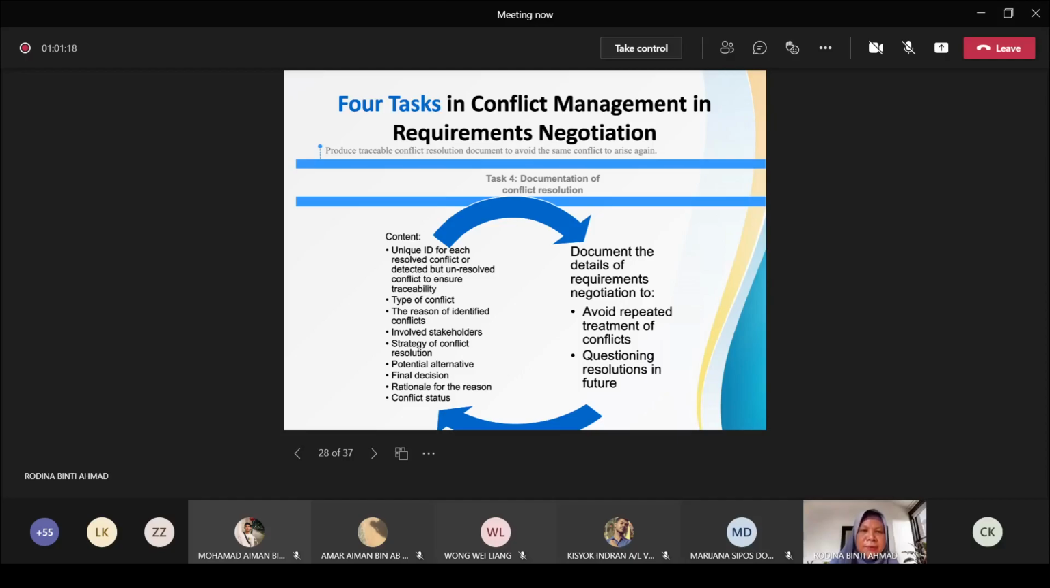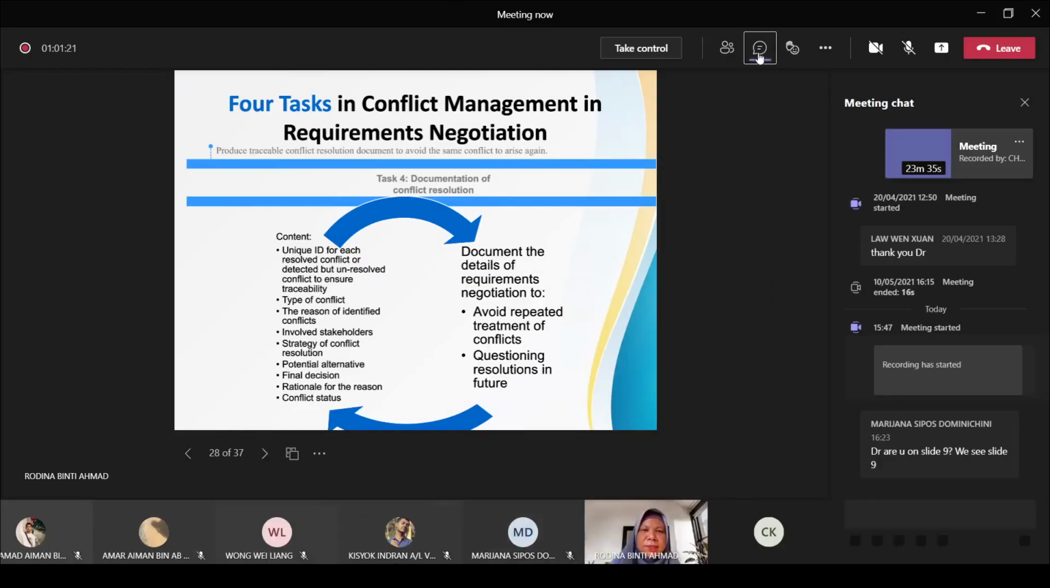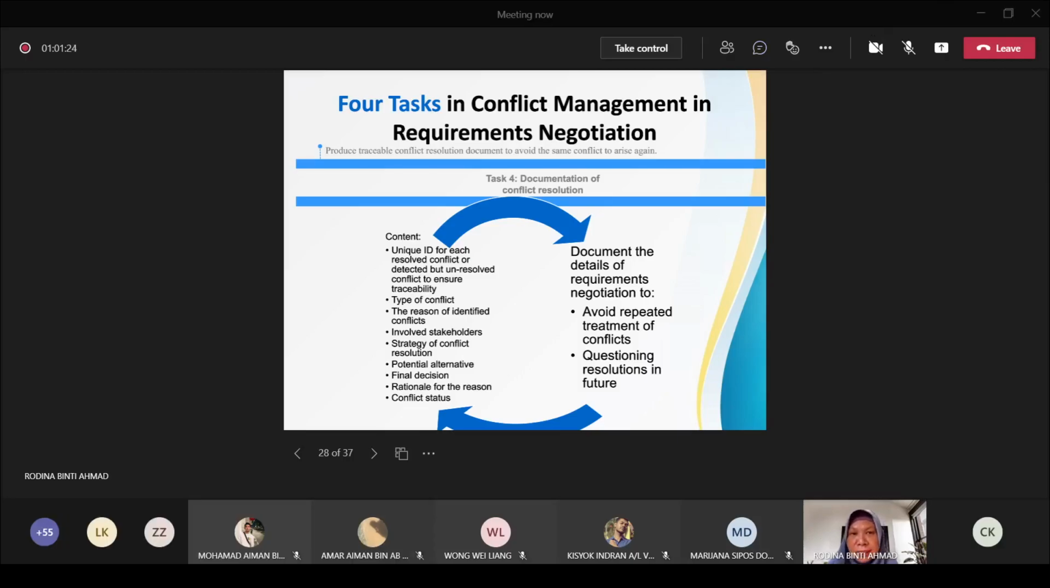Okay, the last phase, or the last task of trying to manage the conflicts, is to document the details of requirements negotiation. It's important, because we want to avoid repeated treatments of conflicts. Sometimes after a certain while, after the conflicts have been resolved, later on in the following phases of development and so on, the conflict can arise again. So if we already document them, together with the rationale and the way that we resolve them, we can just easily show to the